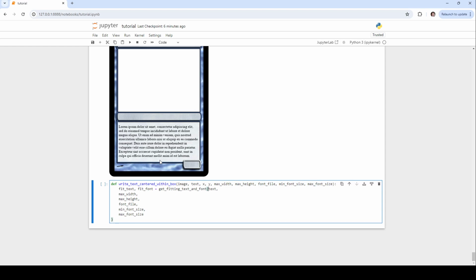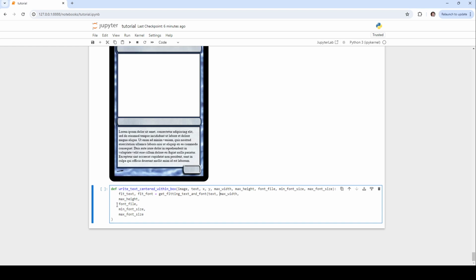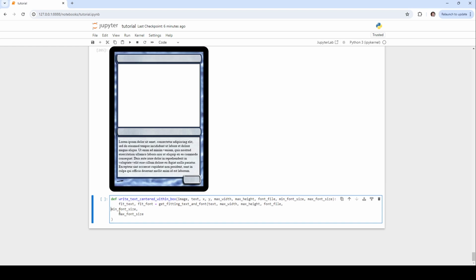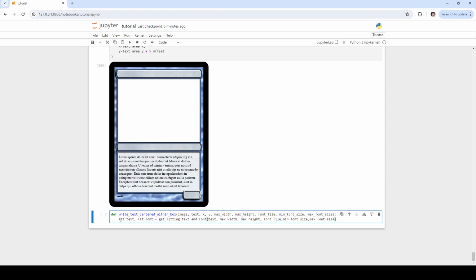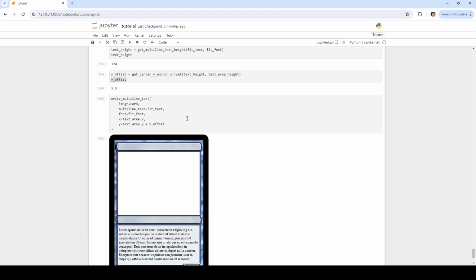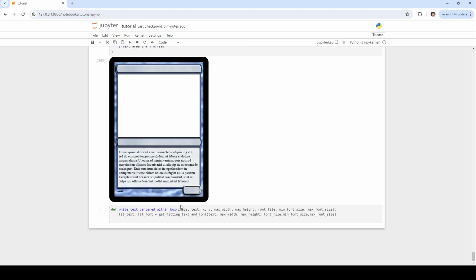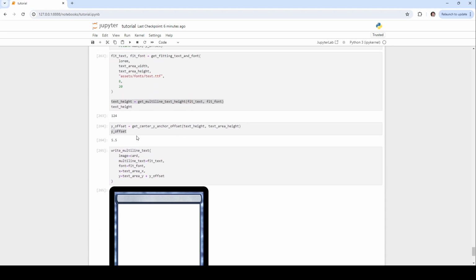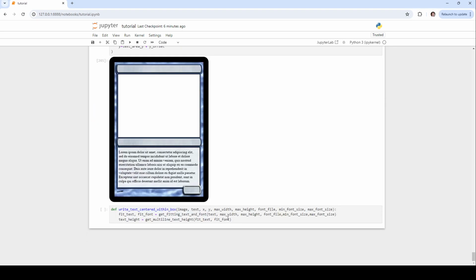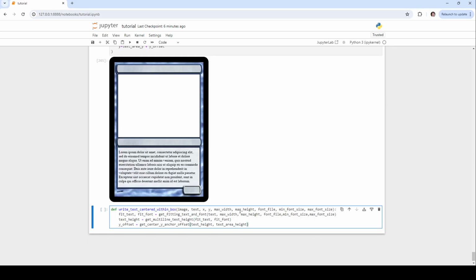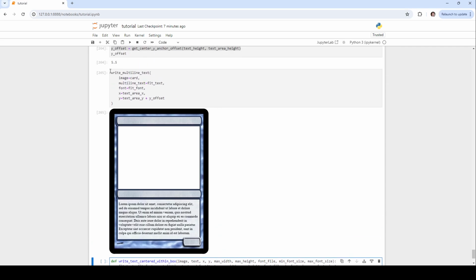Okay, let's place down this. So once we do this, we need to calculate our text height. So we just take this and place here, and then calculate our Y offset, doing this here, but this time with the max height. And then we just return our function here,